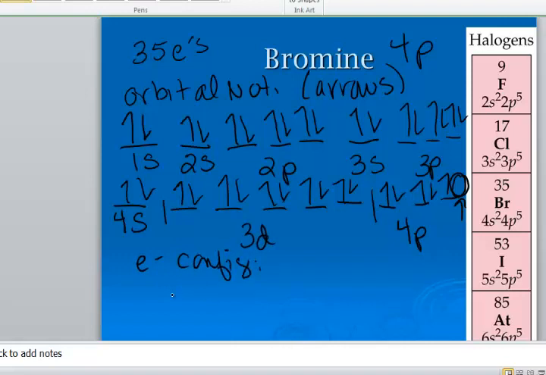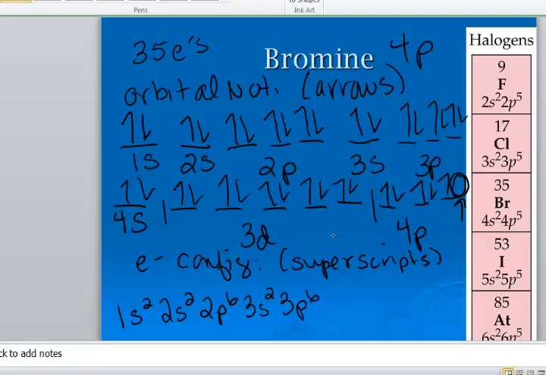My electron configuration is going to look like this. And this is the superscripts. Okay, so it's going to be 1s2, 2s2. Now all this 2 is telling me, it's not squared, it's just telling me how many electrons are in that section. 2s2, 2p6, 3s2, 3p6. Now why does it get a 6? Because there's 6 total electrons in those 3 orbitals, or if you look at the p block, there's 6 boxes there. Okay, 4s2, we keep them in the same energy order, so I'm going to go 4s2, 3d10,